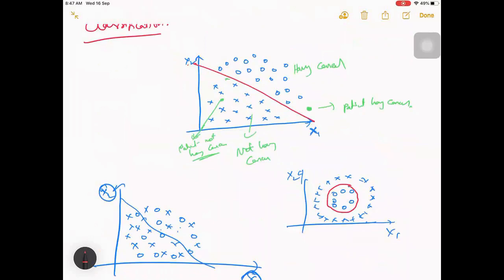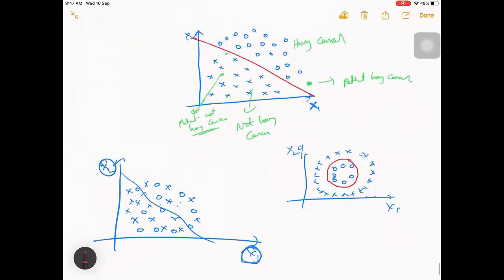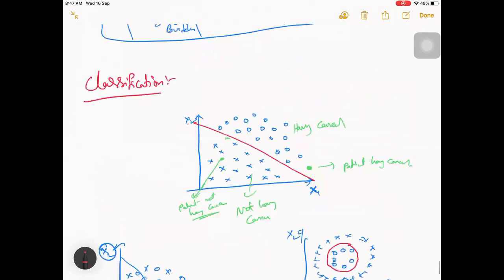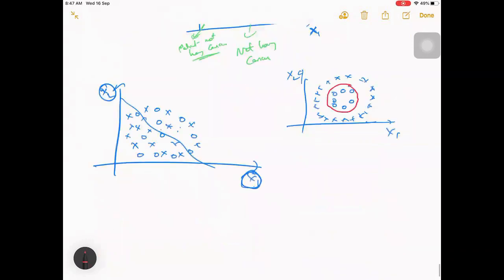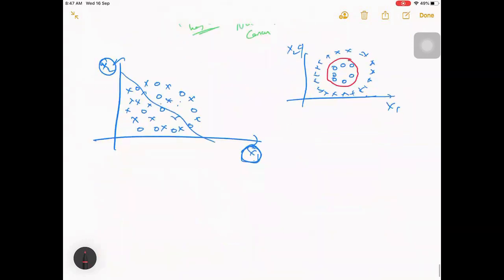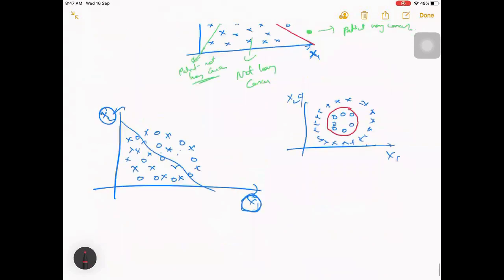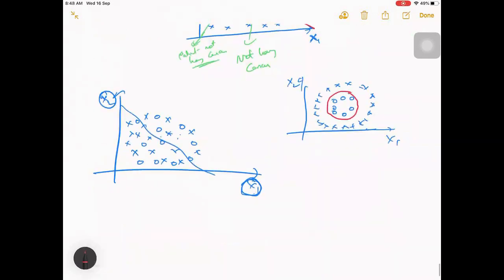So, but for regression, we need a kind of continuous variable from which we will be comparing our error, right? So that is not possible here, but still we'll be using some concepts of linear regression and using it in this classification. Okay, so let's see what we'll be doing.